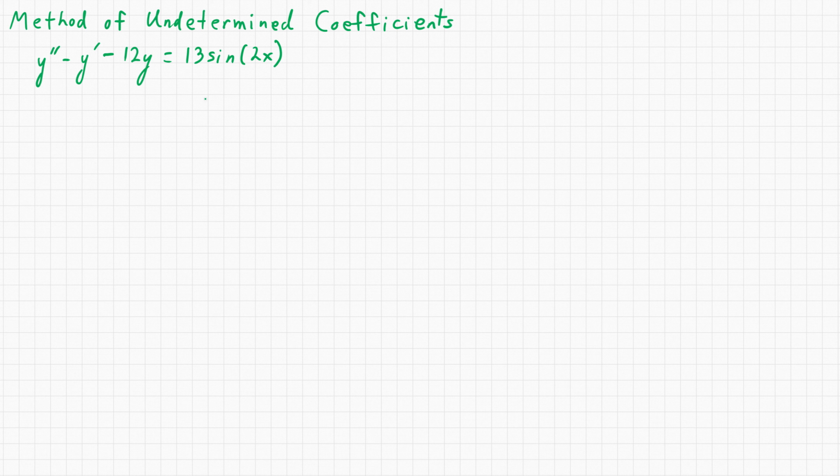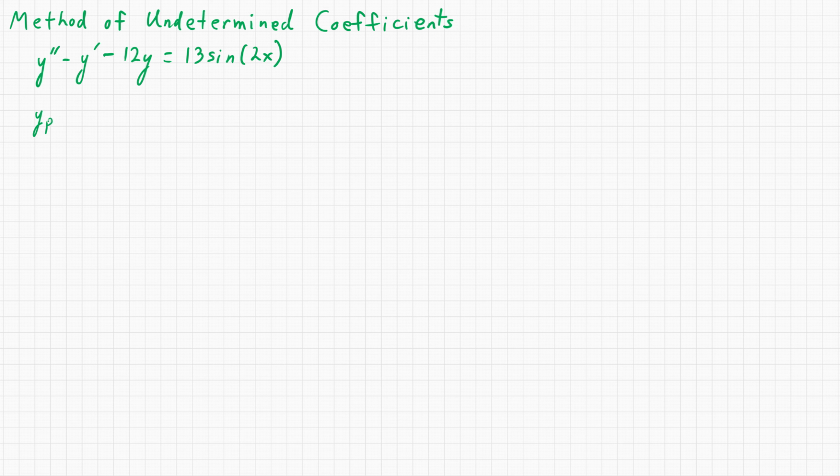This is the third case for undetermined coefficients, and it's a nice one. Sometimes you have to modify it. But here we have the method of undetermined coefficients: y double prime minus y prime minus 12y equals 13 sine of 2x. So most of the time, when people try this out, me included, I thought, okay, well, it's got